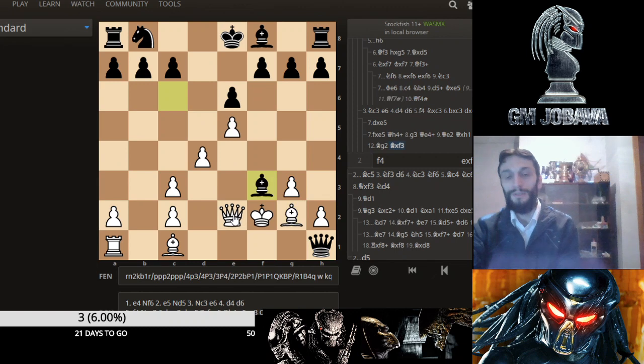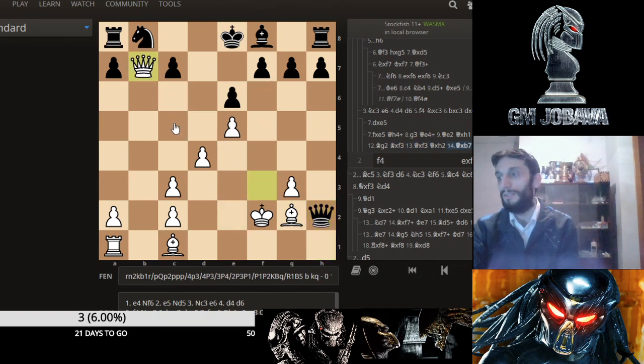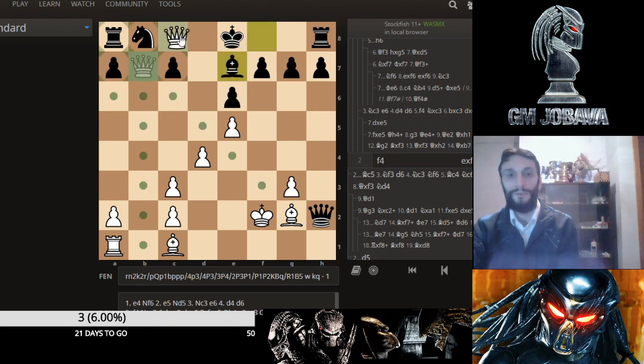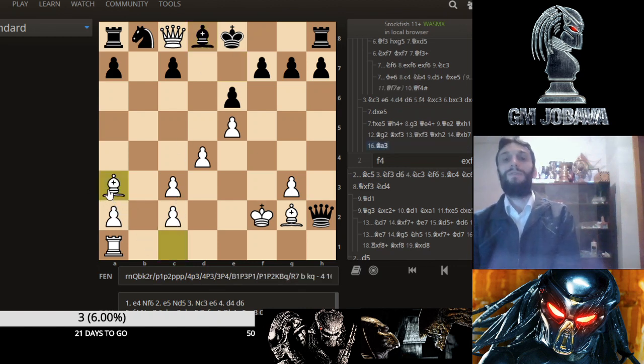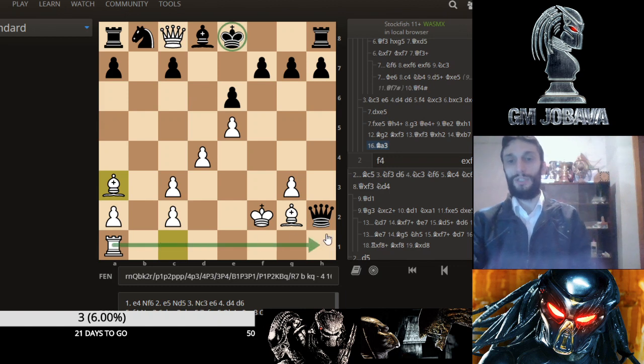bishop f3, queen f3, queen h2. It seems like black is okay, but queen b7 all suddenly. Now his threat is queen c8 check, here king e7, and then bishop a3 mate. So bishop e7, for example, then we play queen c8 check, bishop d8, and bishop a3. White is not in a rush to take material, they just want to keep attacking chances here. So the king is stuck in the center, rook h1 is a threat,